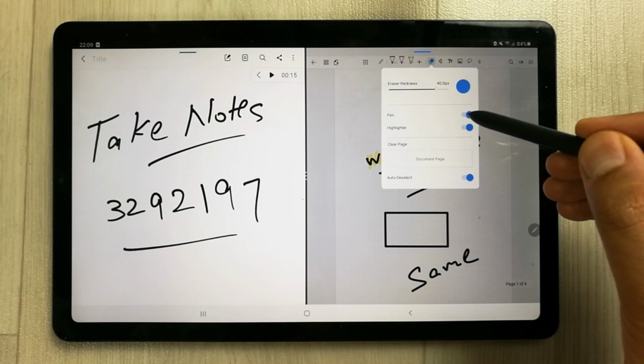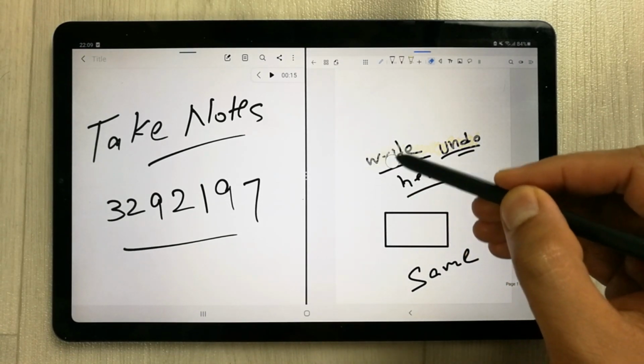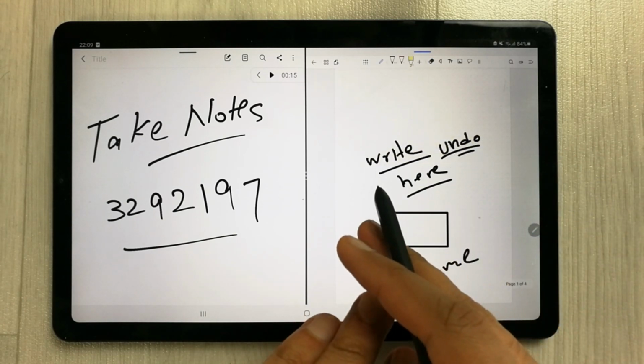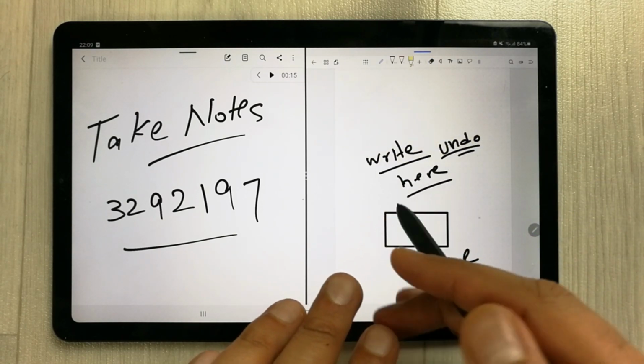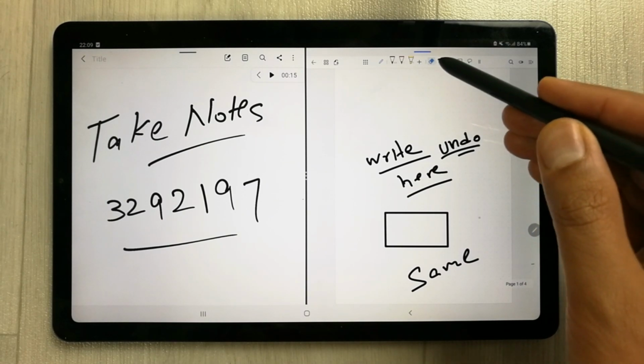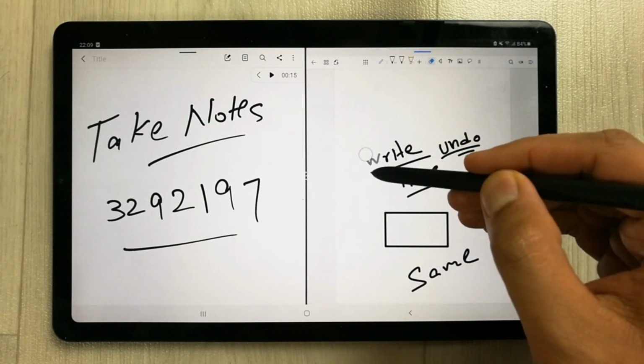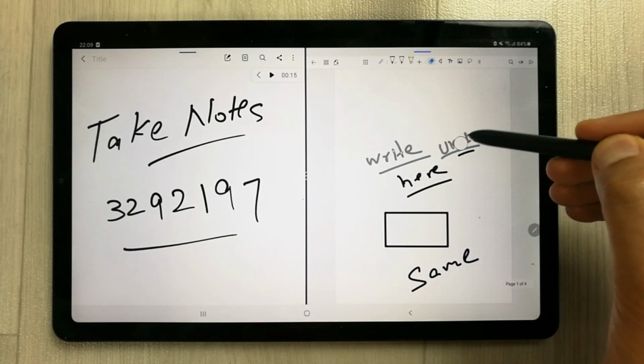So I will disable this pen option and only use the highlighter. So you can see over here it will only remove the highlighter. If I also want to remove the handwriting, it will also do that. I will just enable this option and then I can simply erase it.